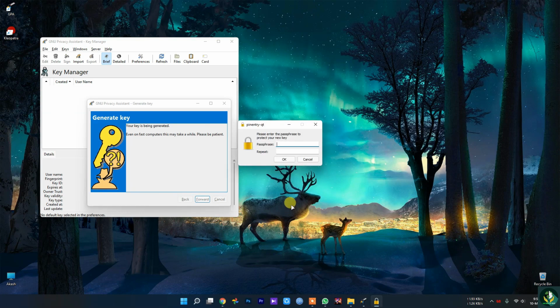Then this is the most important part, and this is your passphrase, and you have to remember what your passphrase is. Basically your password is supposed to contain some letters and numbers, so it's supposed to be an alphanumeric key or code. I'm just going to create one using key and code. And repeat this.